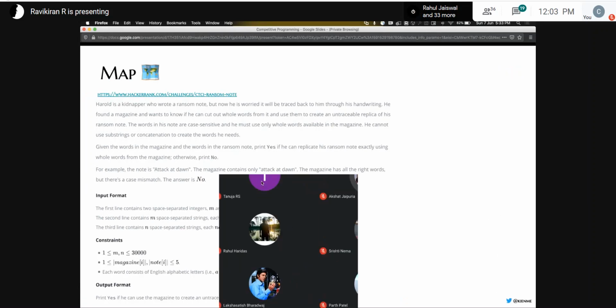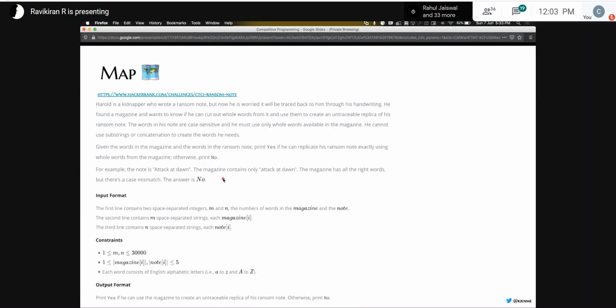Cool, should be. Let me just say that again. We can't use a set because we can't keep track of how many such similar items there are in a set. A set will just tell us if the item exists in the data structure or not. A map will help us associate a value with a key. A map is like a set, but it also has a value with the item in the set.